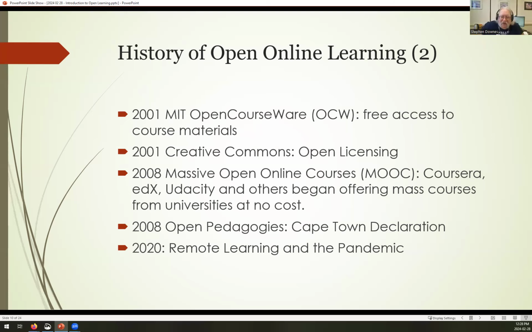for free online. And it's kind of interesting because what MIT was trying to show people was that an MIT education isn't just the stuff you get. And they sort of proved that, sort of didn't prove that, because all kinds of people basically educated themselves using MIT OpenCourseWare. And arguably, I would argue, the Indian software industry, which is huge today, wouldn't have existed without MIT OpenCourseWare. Creative Commons launched at the same time. It's an application of the open source software licensing to content. And we'll talk a little bit more about that in a slide or two.